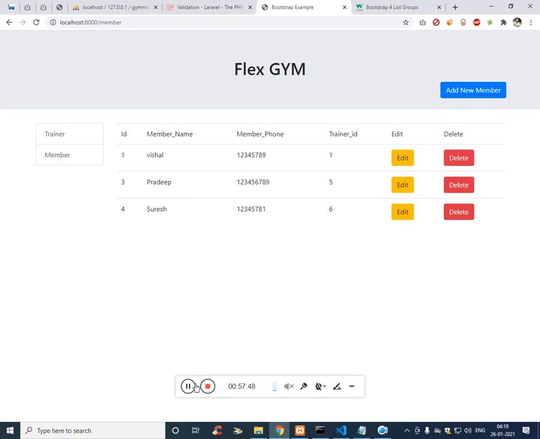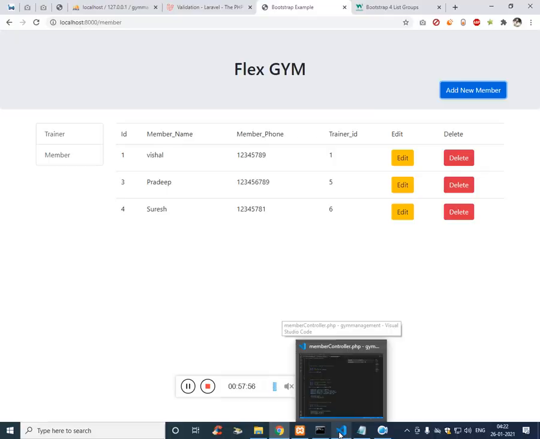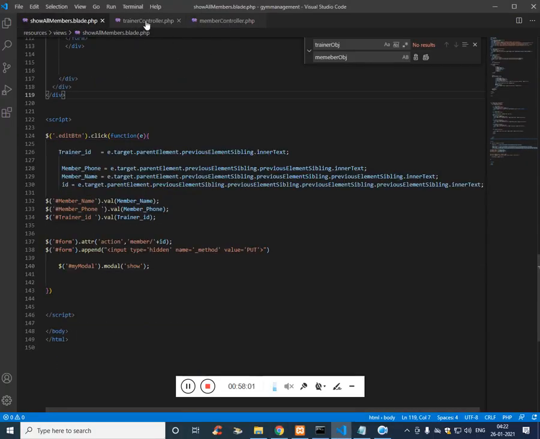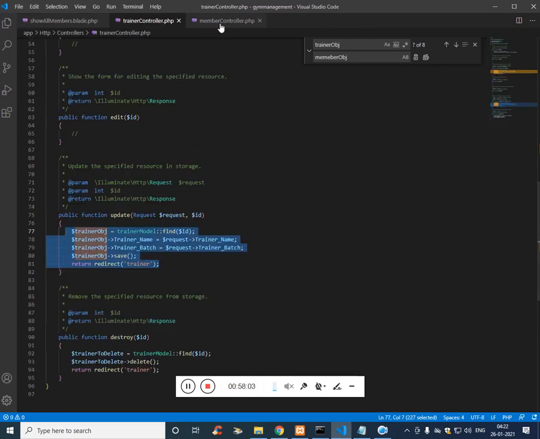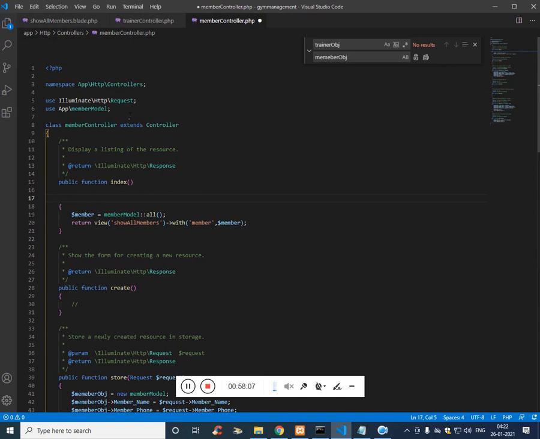That's cool. So before relationship, we'll work on one thing, which is we'll add the drop down. So here on the view, on the index file, we have to pass the trainer as well.